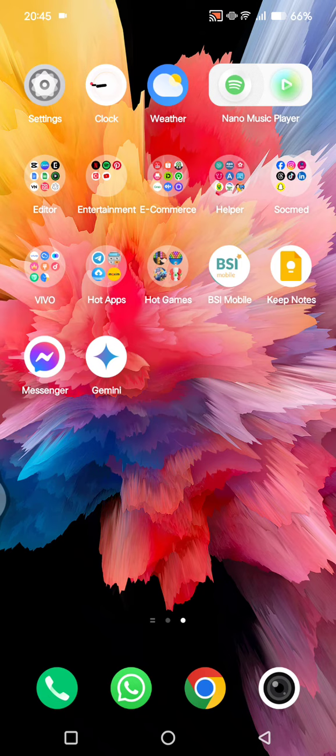On today's tutorial, I'm going to show you how you can use the Google Gemini when your phone is locked. So to be able to do that, you need to activate the feature first. So let's open the Gemini app,